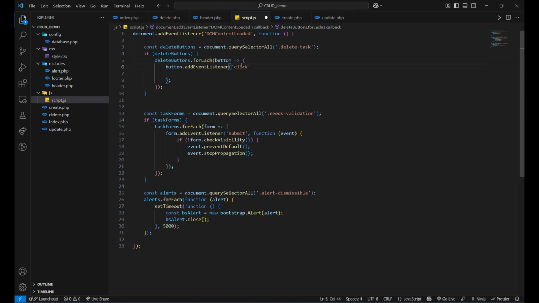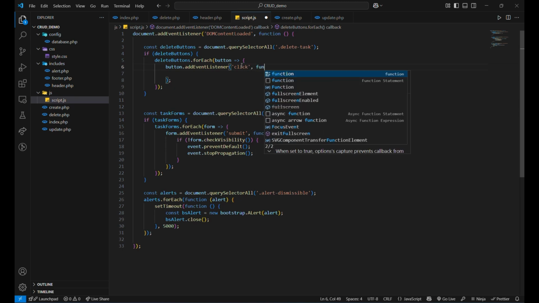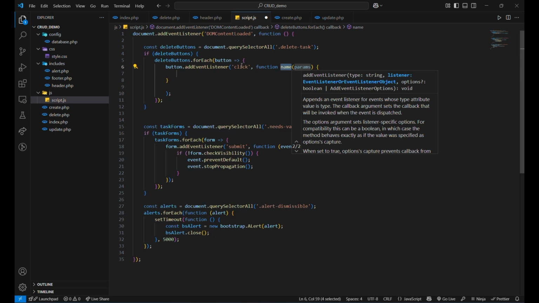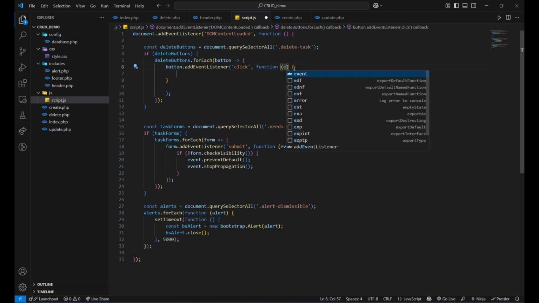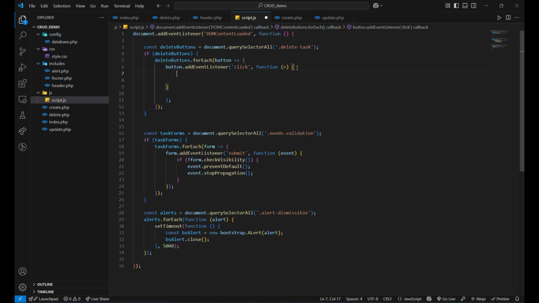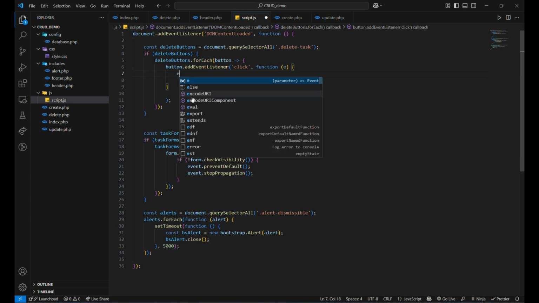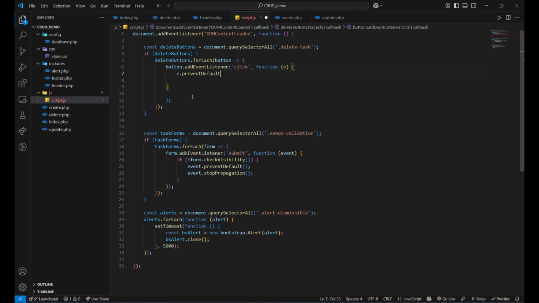So when the user clicks on the button, we need to call a function, and since it's an anchor tag, we need to prevent the default event that happens when we click on this button. So for that, event.preventDefault is the first thing that we need to do. Next, we need to